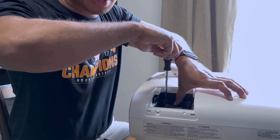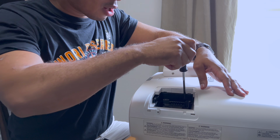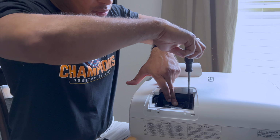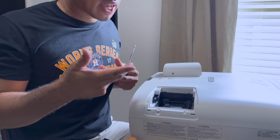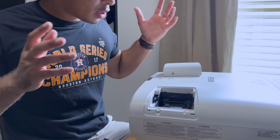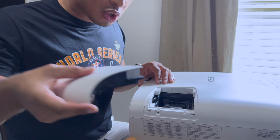And make sure you push it down, because if you don't push it down, then the screws aren't going to catch the thread and it won't screw in. So let's push down. Screwed in. Sorry about the angle. I know you probably can't see it too good. I had to adjust my phone a little bit. That's the disadvantage of recording with your phone. So I'm working on trying to get an actual camera. But now just put this back in